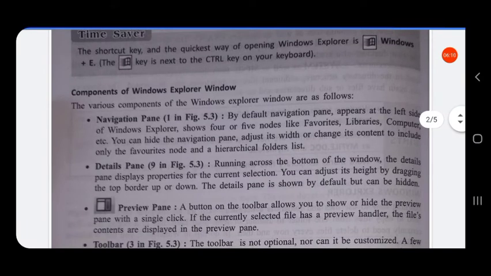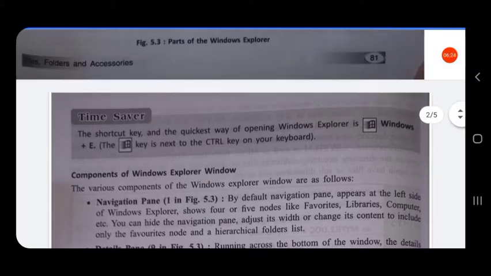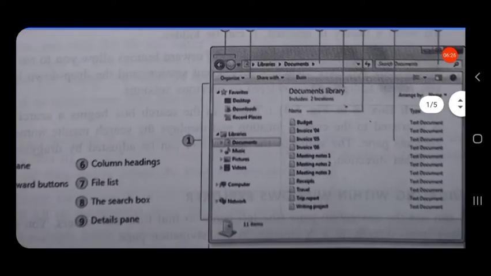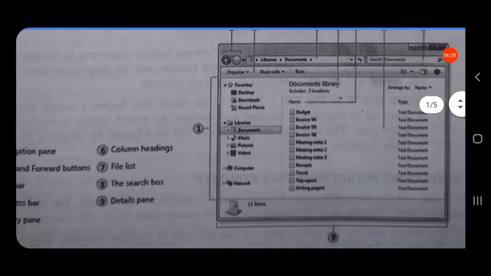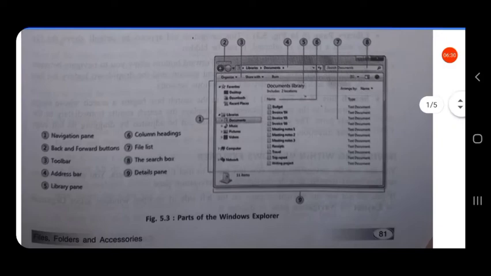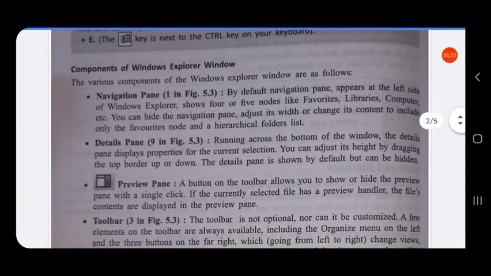By default, the navigation pane appears at the left side of the Windows Explorer, which shows 4 or 5 nodes like favorites, libraries, computer, etc. Here you can see favorites, library, computers, network, etc. So this area is called the navigation pane.